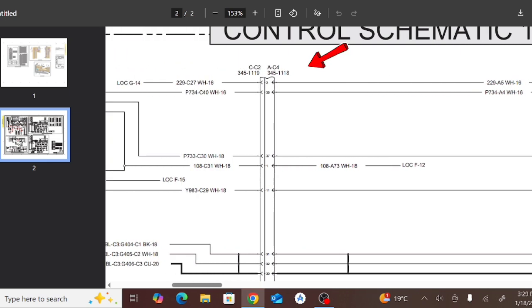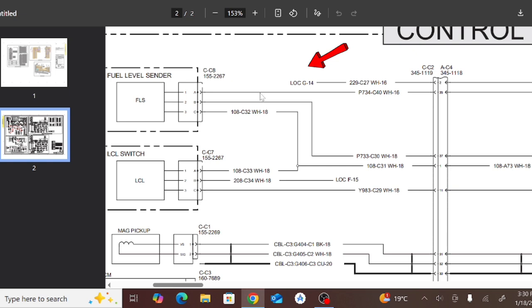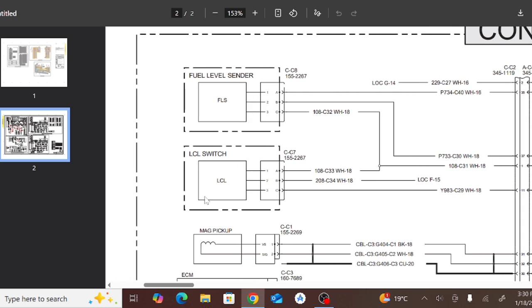This disconnector is connected with this connector, and then this 2 wire, as you can see, going to this fuel level sender. As you can see here, P74 734 is coming to the fuel level sender A, and then B is connected with the pin 35, and also the C is, as you can see, pin number 18 is going to the, that looks like a shield wire. Okay, and also